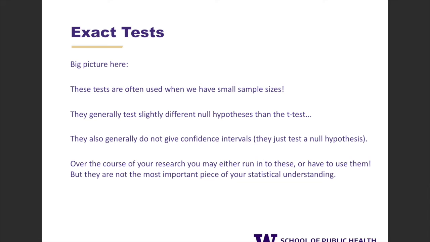So, a big picture summarizing this. Exact tests are generally used when we have small sample sizes. Exact tests are sometimes, again, called non-parametric tests. They generally test a slightly different null hypothesis than the t-test, or than the equivalent, what's called a parametric test. This is not the case with the Fisher exact test versus the chi-square test. Those test identical things. But these, like the sign test versus the t-test, or the Mann-Whitney test versus the t-test, test slightly different null hypotheses. Often you don't really get confidence intervals when you use them. You can sometimes,